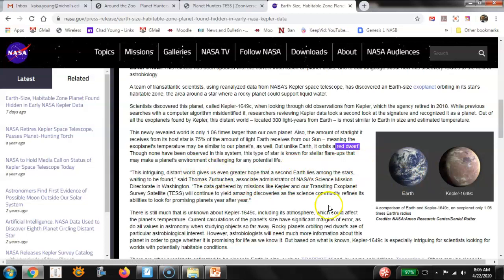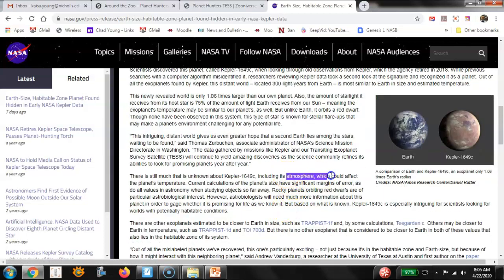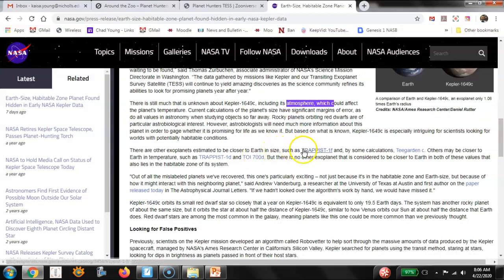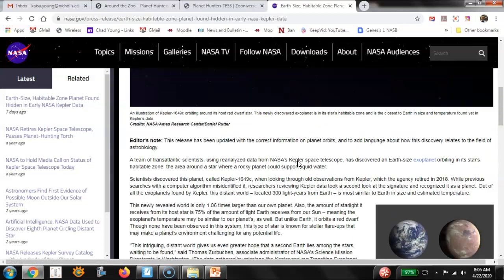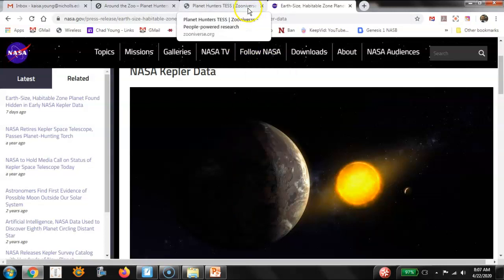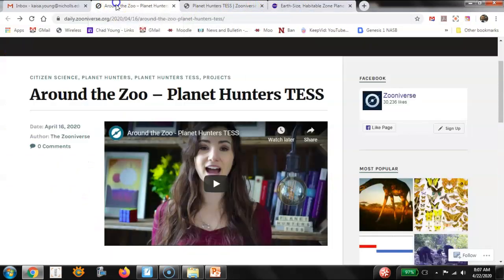But there's a lot we don't know. We don't really know about its atmosphere, what's going on there. We think it's a rocky planet. It's about the same size. So this is a really interesting candidate. There are some other interesting candidates too. The TRAPPIST system, I have a video on that I'll share with you guys. But we are finding these planets, and as we look closer at them, we are finding ones that look a lot like Earth. If you want to help, you can go, I'm going to share this link with you to